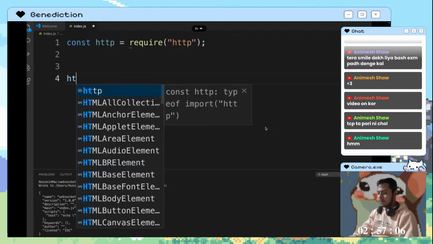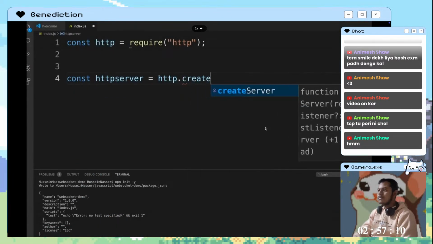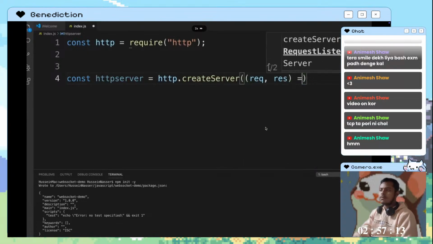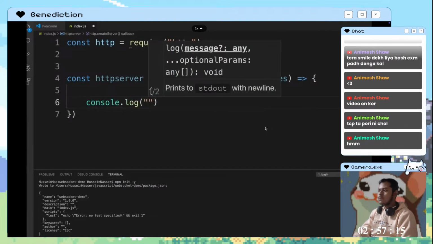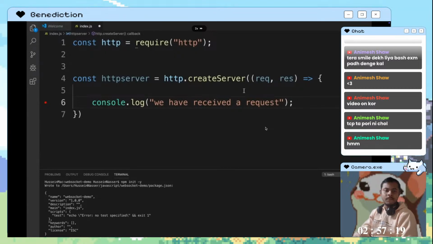So HTTP, and here's what we do, right? Const, I'm going to create httpServer equal http.createServer, and that essentially takes a request and response function, and then I am going to just literally log it here. We have received a request, and we will add a breakpoint here because here is the first